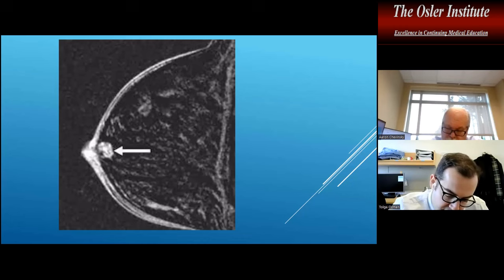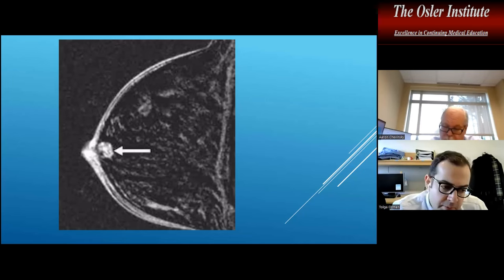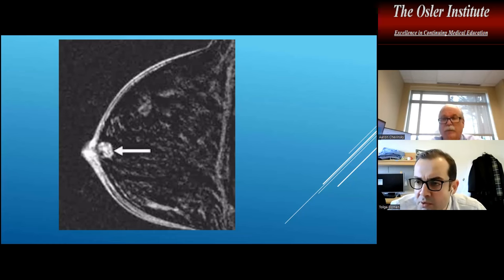1.5 centimeters, still no atypia, I would leave it in place. 2 centimeters? Is the radiologist, do they think that is concordant with the pathology result, the imaging finding? Well, it's concordant, but